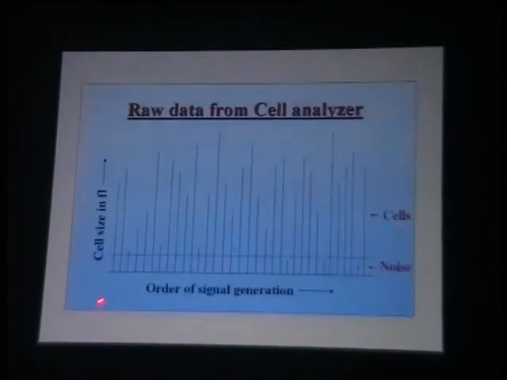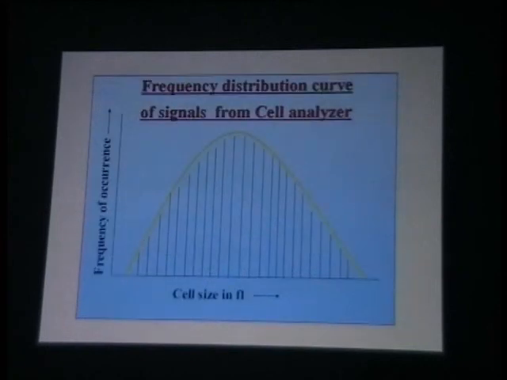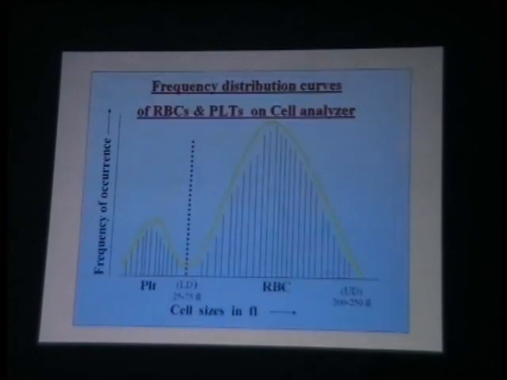Next, it has generated so many pulses. Each pulse is a cell. Next, and then it starts analyzing these by putting them into some order according to the size and generates a beautiful curve, which is the maximum number of cells falling in this region, and it analyzes that according to the size of the cell, and that is what a histogram is.